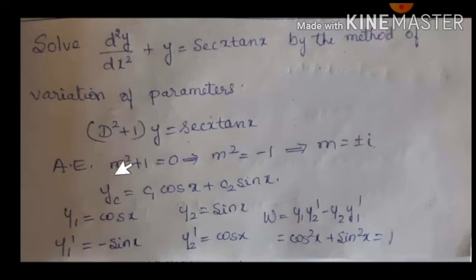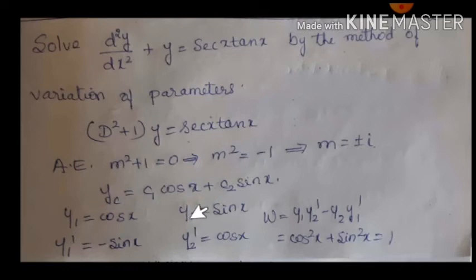Write the auxiliary equation: m square plus 1 equal to 0. So m equal to plus or minus i. So it is a complex root. So the complementary function is c1 cos x plus c2 sin x. Now we know what y1 is: cos x is y1, y2 is sin x. To find out W,